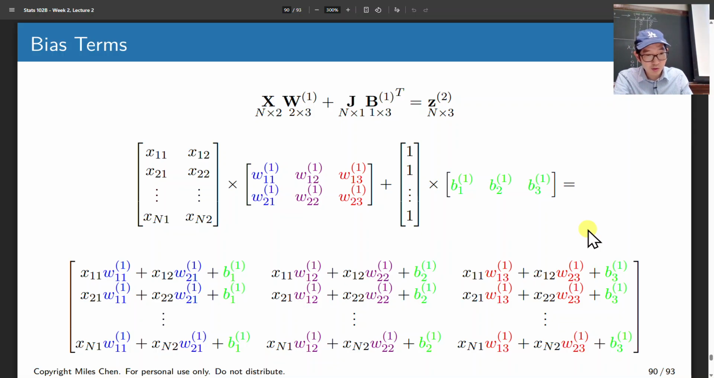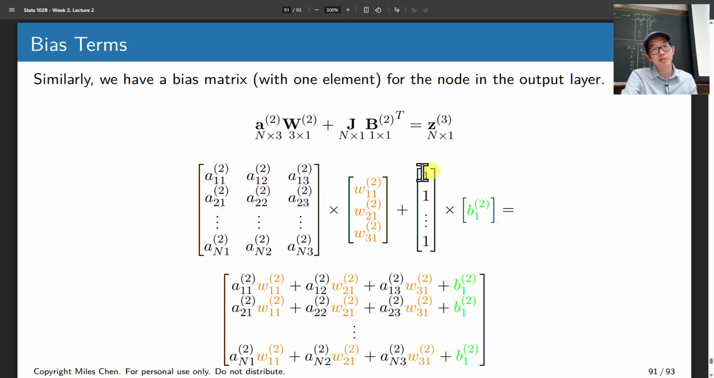I think I got my subscripts correct here. Okay, so that's what we have here. And we do something very similar for our second